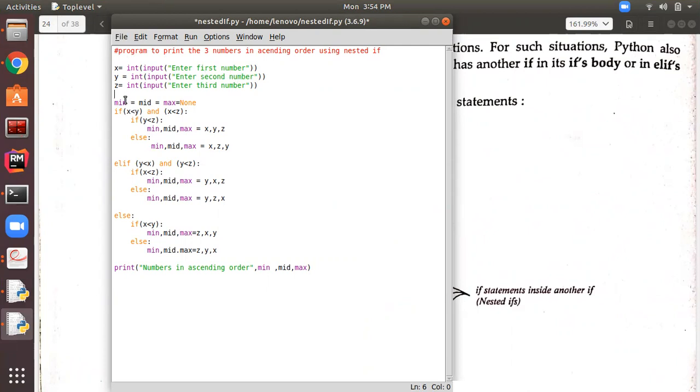Then after that, we have declared three new variables: minimum, mid, and maximum, and we are assigning None value to them as there is no value initially. Then after that comes the if statement. In the first if statement, we are comparing the x value with y and z. So if x is less than y and x is less than z, then